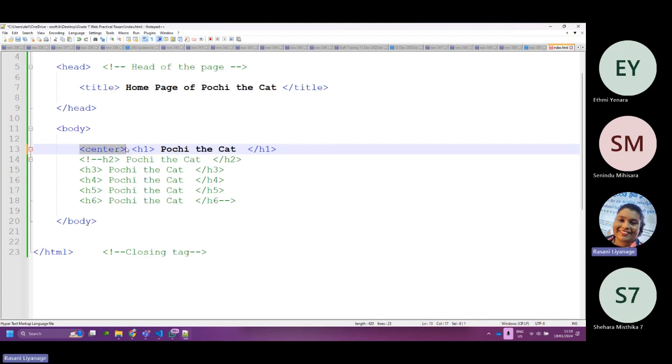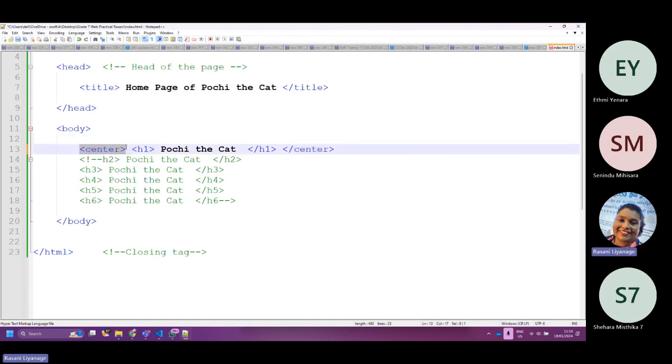For that, use center and close center after H1. See, Pute, where we write the center tag.